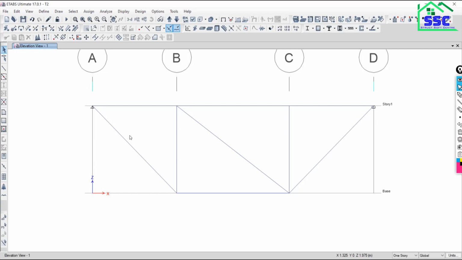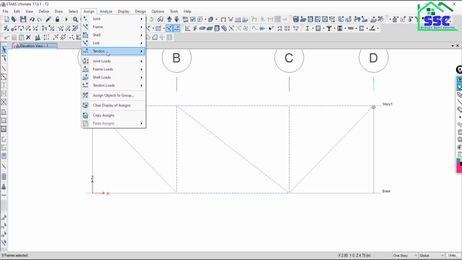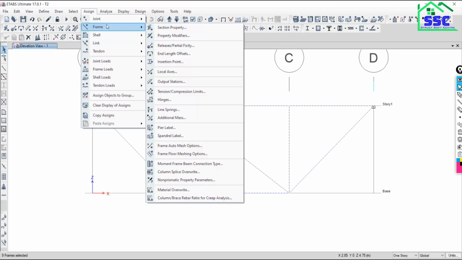So what we have to do, again select all the members. See here, only 9 frames are selected, so it is good. We actually want only the frame selection. So 9 frames have been selected. Then go to assign, then go to frame, because it is a frame element. Then releases and partial fixity.